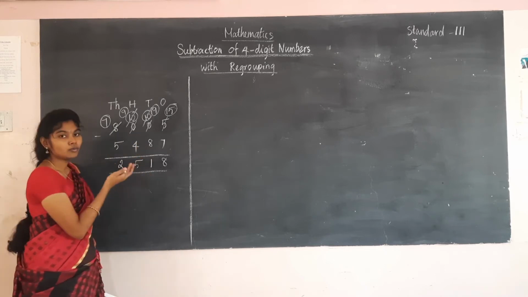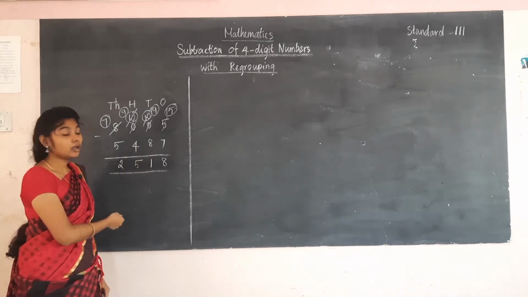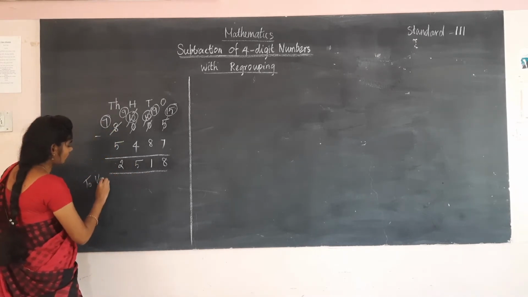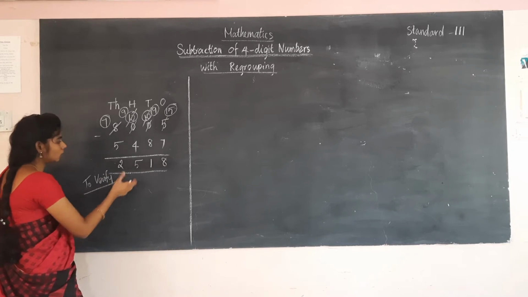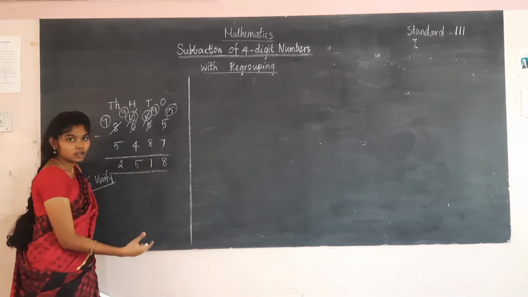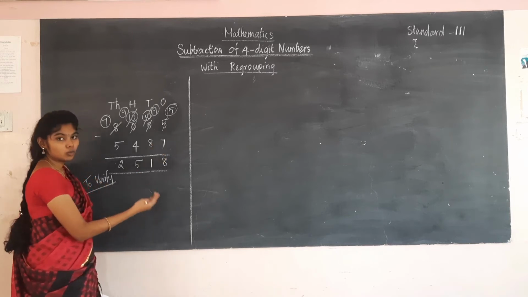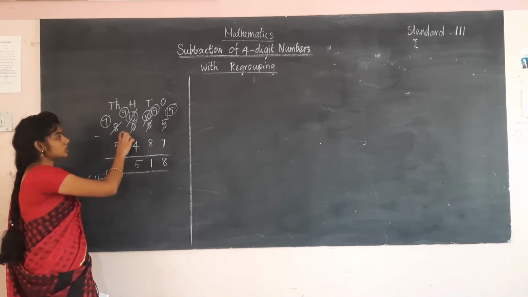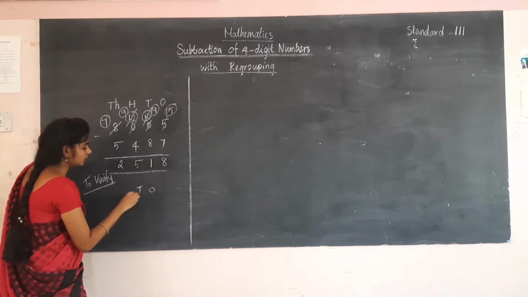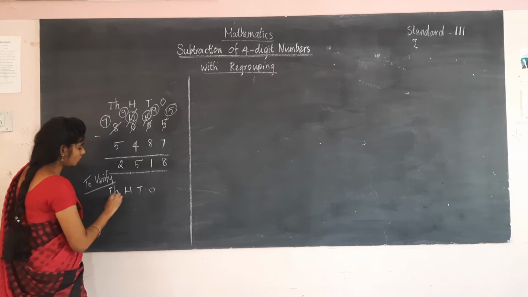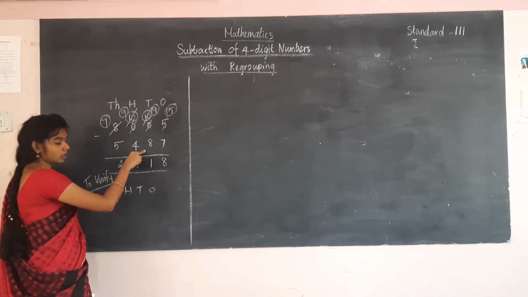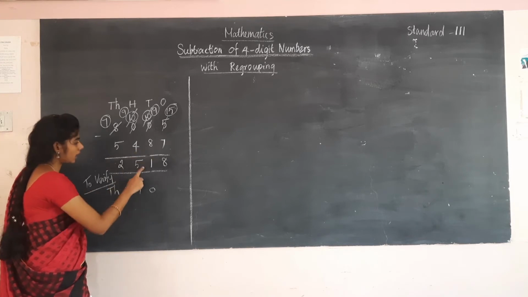Now how to verify the number? How will you verify the number? To verify, you have to take this number, and from it subtract the smaller number. So you will get the first answer, that is 8005. So we can do it now. Write the place values: ones, tens, hundreds and thousands. To verify, you have to add the found answer and the given smaller number. So write this number